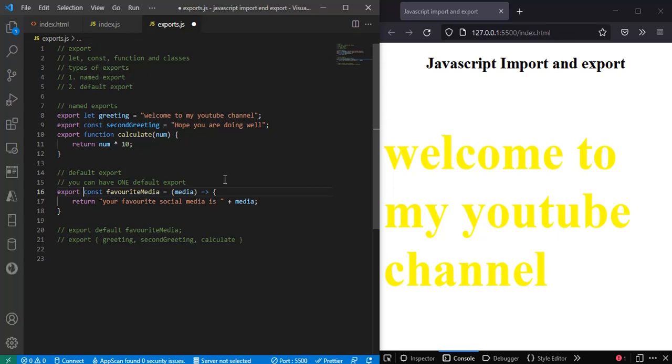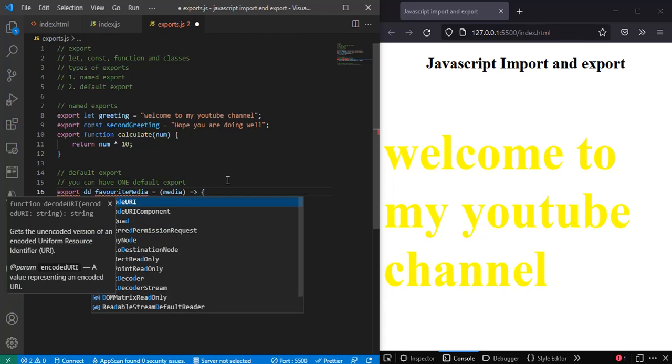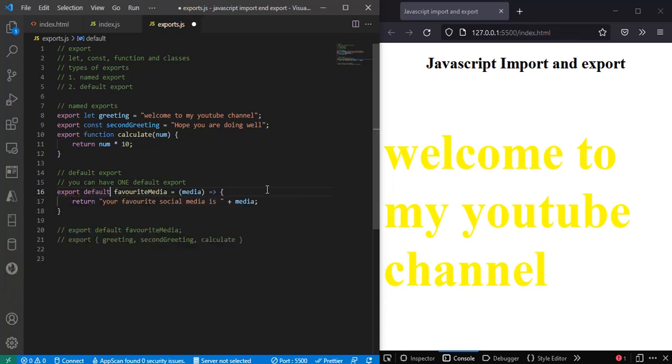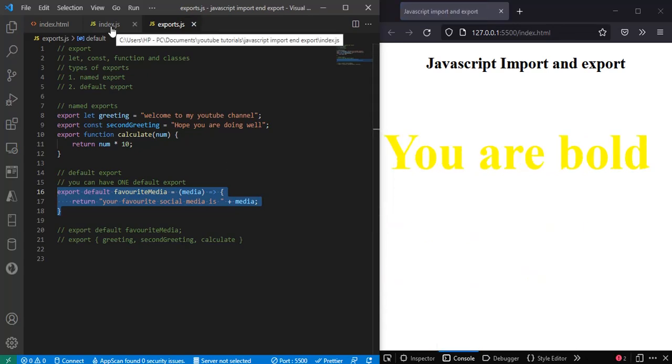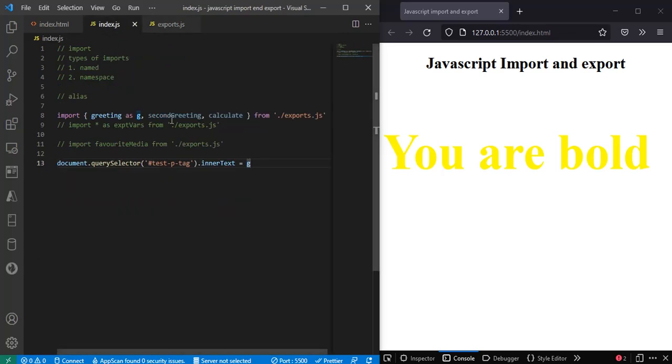So now default export is going to be different. I'm just going to say export default favorite media. Now I don't need to write let or const here. But if I'm declaring a function, I can actually say, okay, let me just copy this and export. Okay, before we do that, let me just try to access it like that. Save, and let's come back here and say